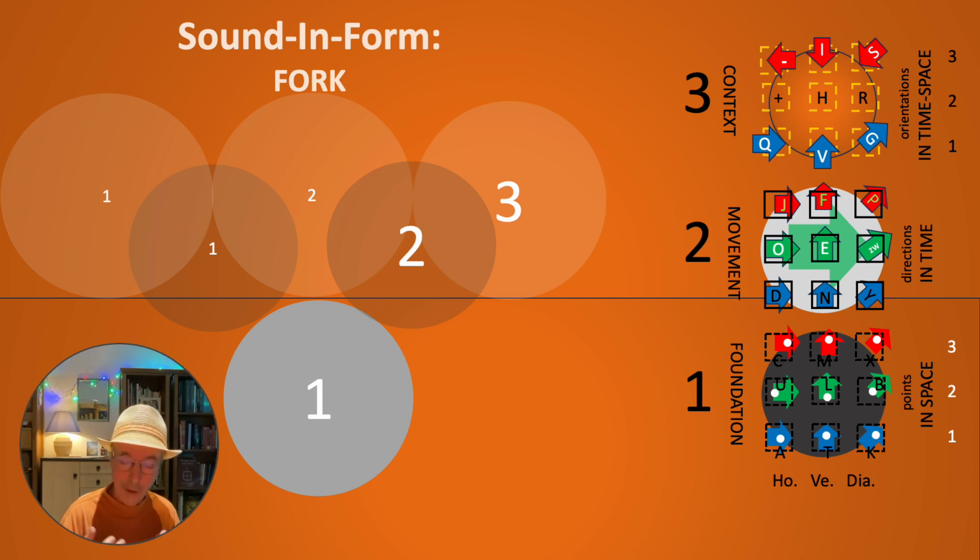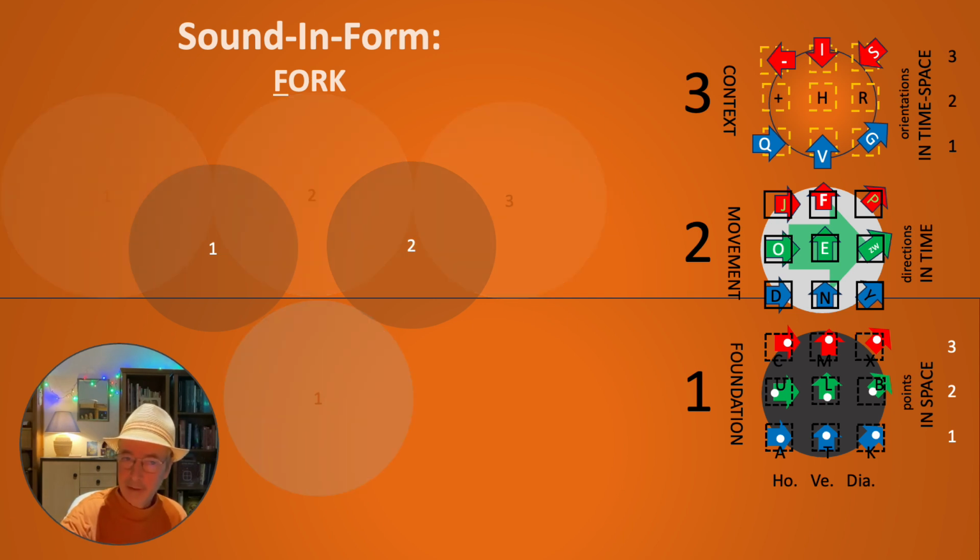But what do we have here? In fork, we have the word that starts with F, and where is F? The F is in that second category, so it's dealing with these 1, 2 focuses. What is a kind of 1, 2 focuses? It's about, I have a position, but it's not fixed. My position is not fixed in a point. No, it's fixed only by following the direction. So we are following directions. The F is about that following of directions.